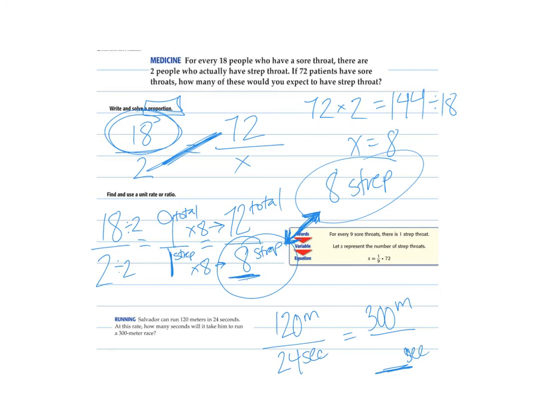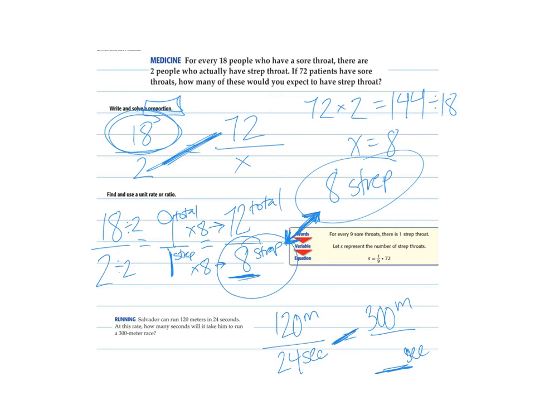So right away, I am going to cross multiply. So I'm going to do 300 times 24. I'm sure you can hear me punching this into my calculator right now. And I messed it up because I put 30. So I'm going to do 300 times 24. And I'm going to get